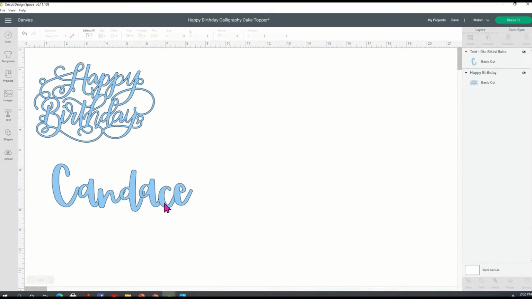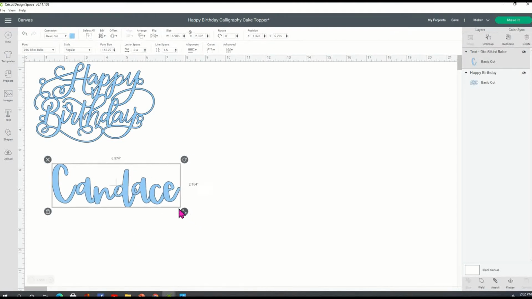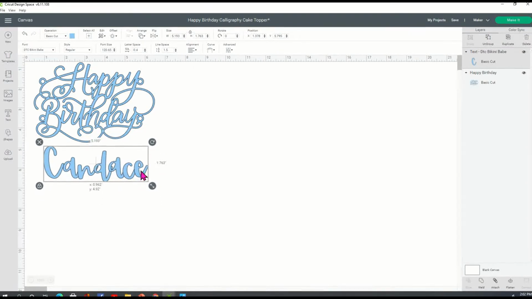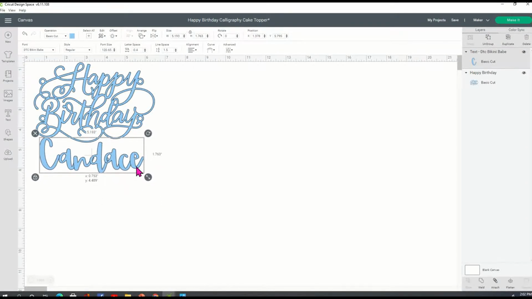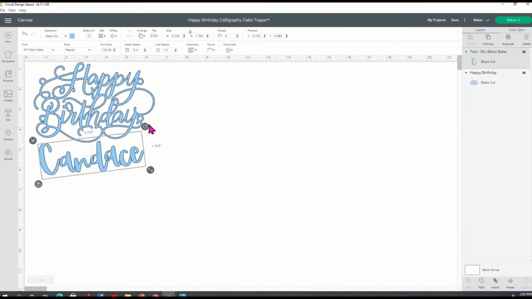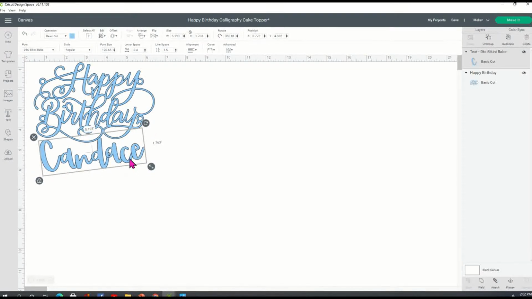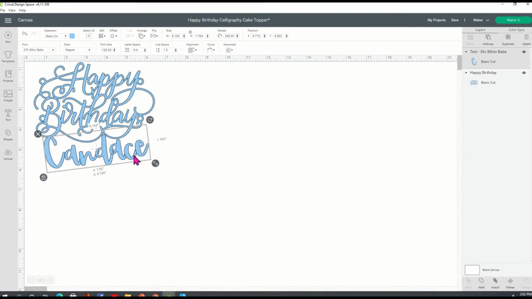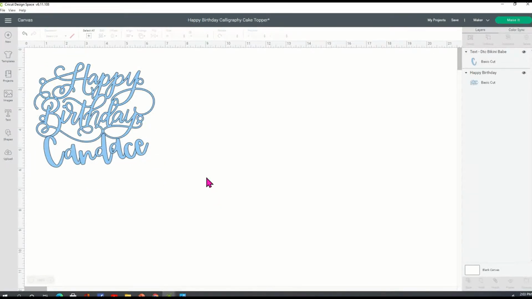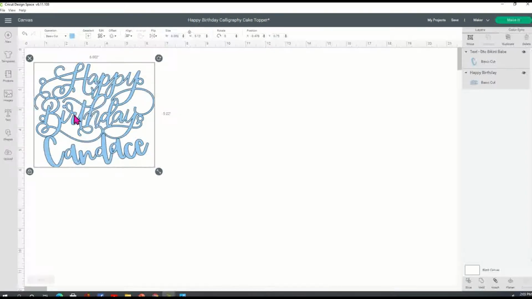Once you get everything touching, you can actually make this a little bit smaller, and you can even kind of swerve it. All right, so basically what you're trying to do is you're really just trying to make sure that everything is touching. So if I wanted to utilize this as my cake topper, the only thing I want to do is